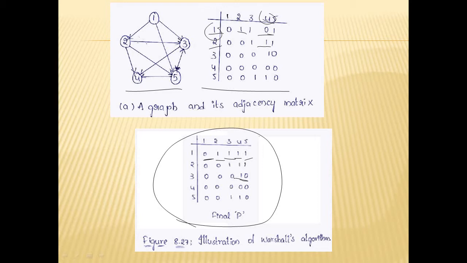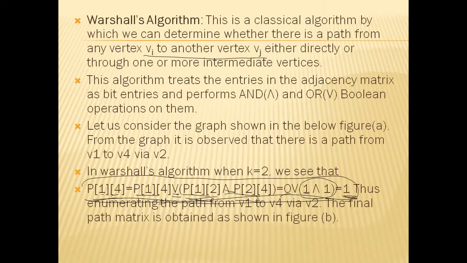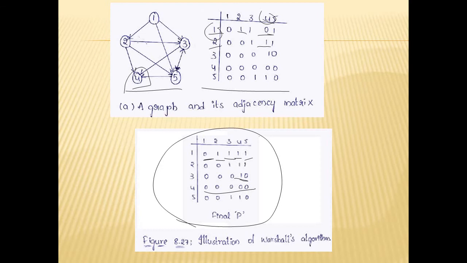For example, if I want to travel from 3 to 1, how can we go? From 3 we need to go to 4, and from 4 we don't have any option to travel. Why? Because we don't have outgoing edges, only incoming, so it's not possible. Only 3 to 4 is possible. And from 4 we don't have any outgoing, so for all it indicates 0. So like that we'll calculate. This is Warshall's algorithm, to check whether there is any path from a particular vertex to another vertex.